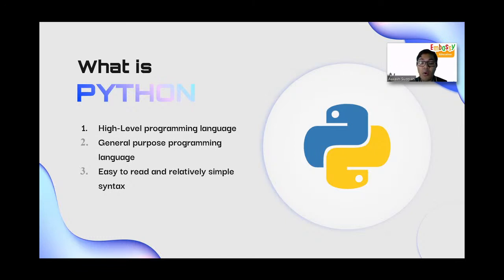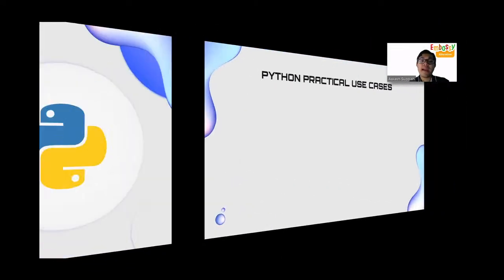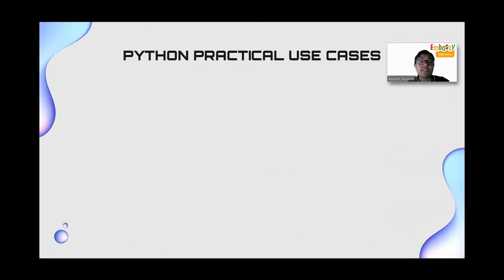This means that you have a much easier time learning this language compared to other programming languages such as Java or C++. That's why I, and many other people, think that Python is a great beginner language for anyone.